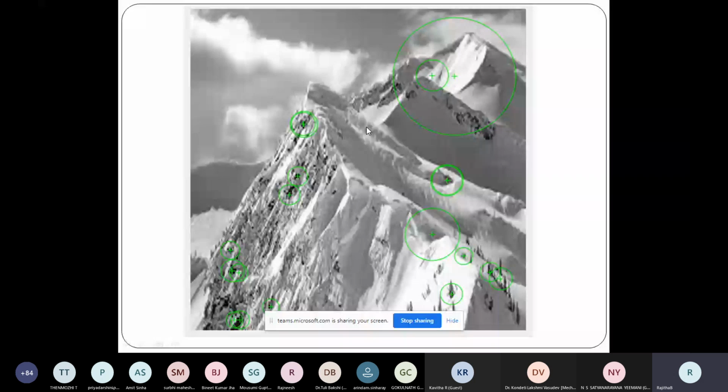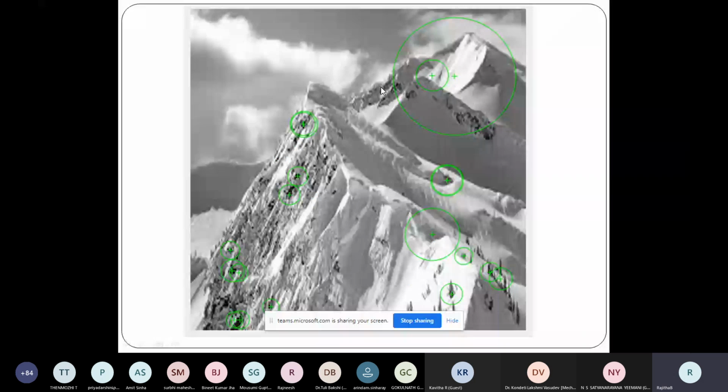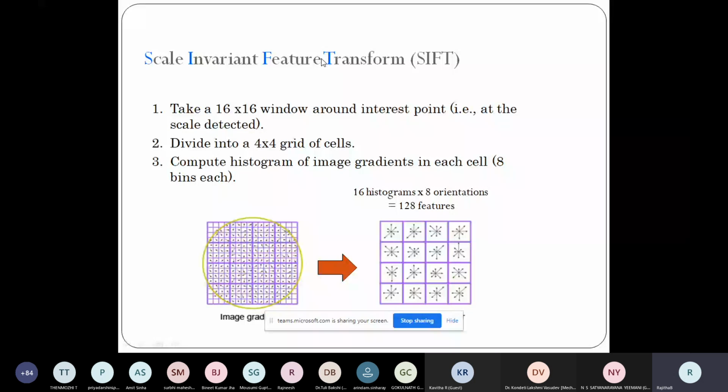SURF, speeded up robust features. Let me explain SURF first. SURF is an advancement of the SIFT process, scale invariant feature transform. What it does is it takes block by block on the image, one block at a time.